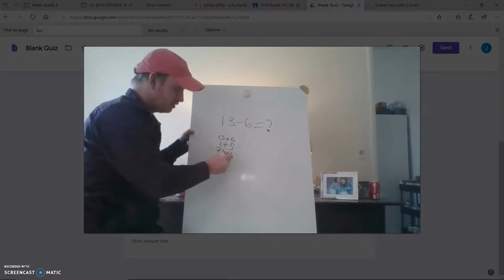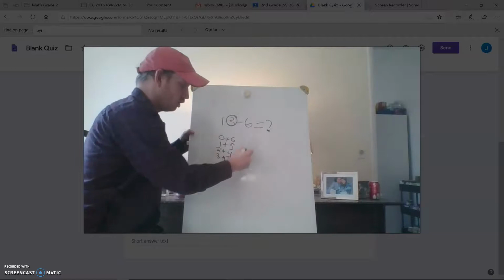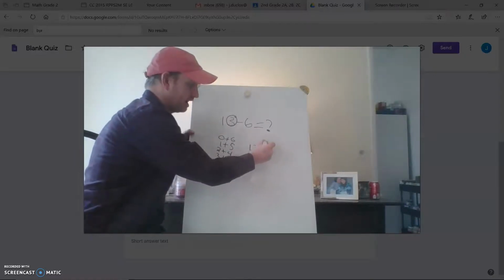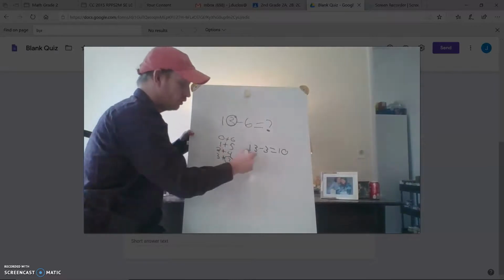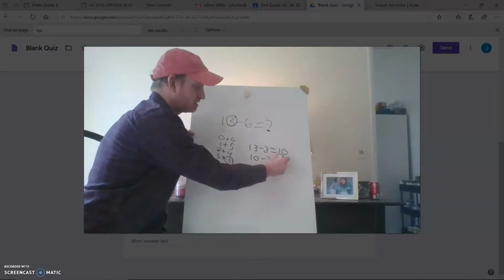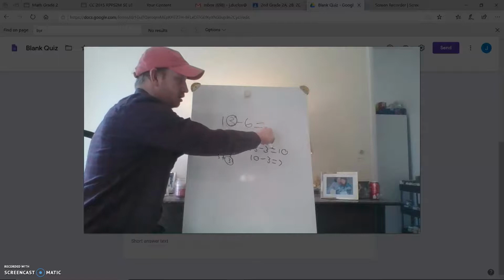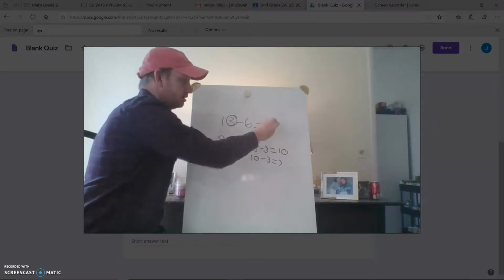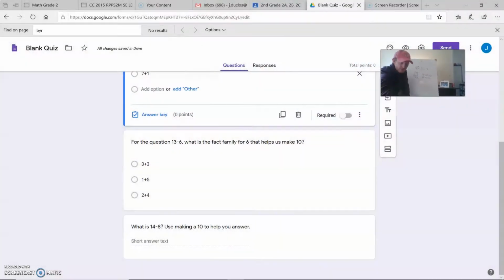And the first thing I notice is a 3 and a 3. So 13 minus 3 equals 10. And then we have our leftover 3. 10 minus 3 equals 7. So 13 minus 6 is 7. So if we look at our quiz, we see we have 3 plus 3, and that is what we used